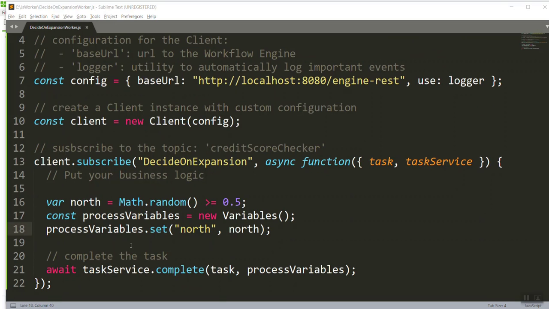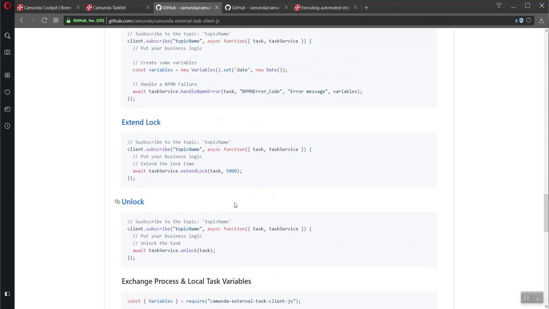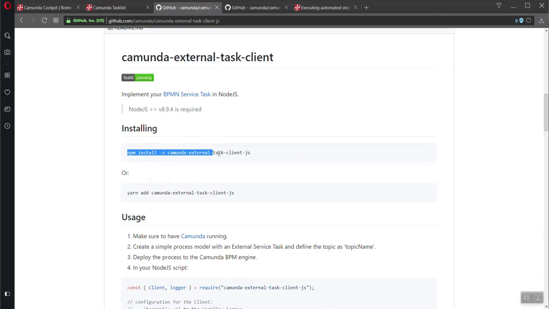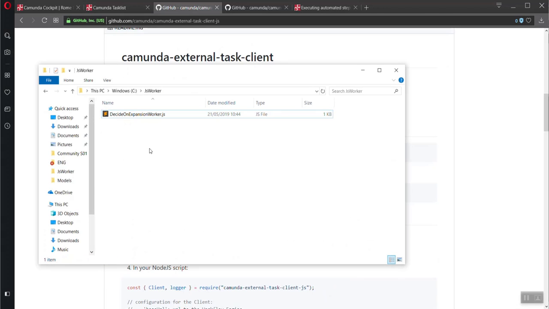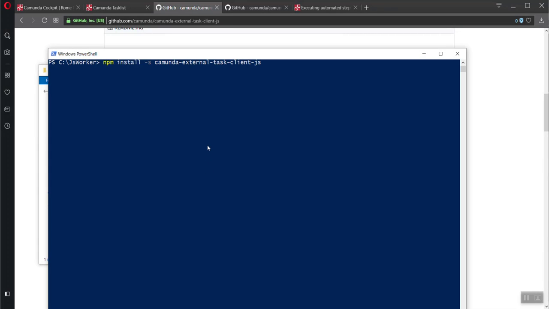Installing the packages is really easy, again, mostly because as with everything in life, you can copy and paste it. So I'm going to scroll up here a bit and you'll see that at the very, very top, it basically tells you here's what we need to do. So I'm going to copy that and then go to our folder here. And in here, I'm just going to open up a command window. So I'm going to open up PowerShell. I'm just going to say, okay, npm install this lovely client library. Then it's going to download all the stuff we need and put it into a folder as a dependency.